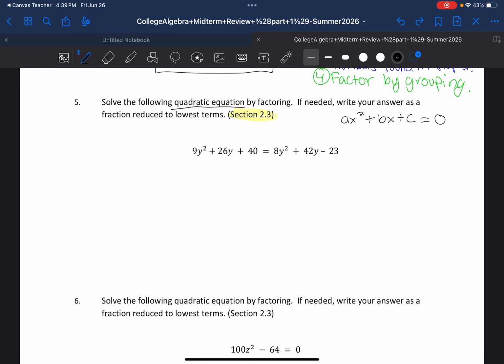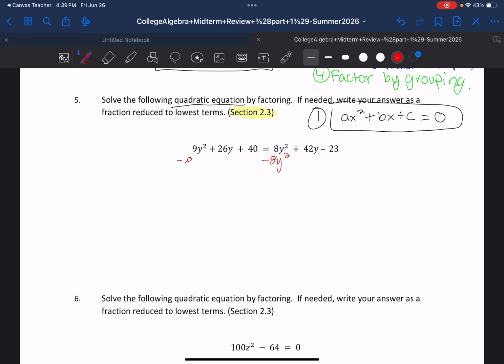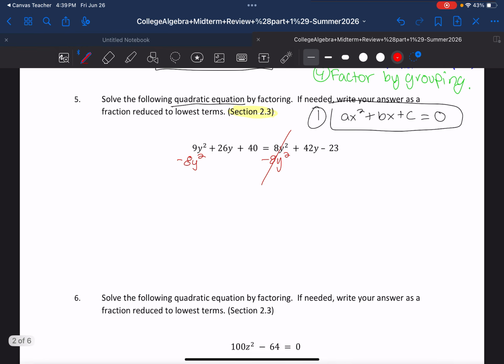All right, so step one to solving a quadratic equation is to get it to look like this. This is step one, get it equal to 0. So I'm going to start subtracting terms from the right side. I'm going to subtract 8y squared over here with the like term, and that'll cancel there. I'm going to subtract 42y with its like term over there, and it'll cancel here. And then the minus 23, since that's negative, I need to add 23 to cancel it there. Always the opposite